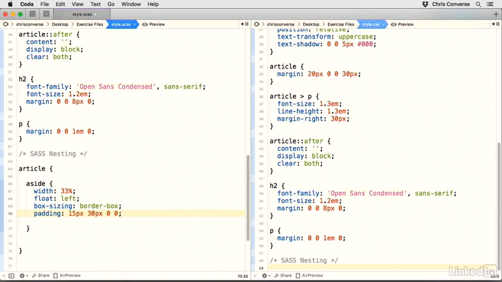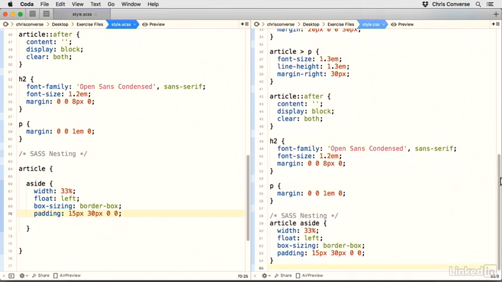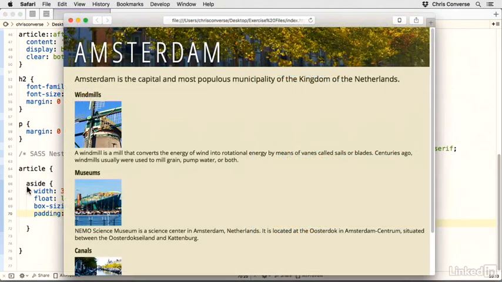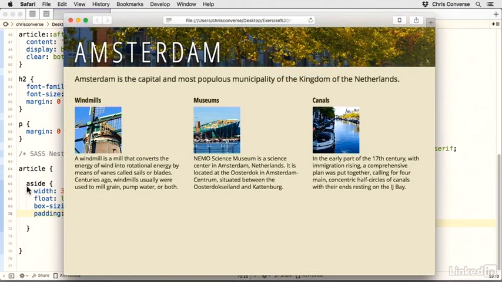Now with these in place, I'm going to hit save. My preprocessor software is going to process the SASS file into a CSS. So now in my text editor, I'm going to scroll down to the bottom of the CSS file and notice that we got a rule here with article space aside. So the browser doesn't actually understand nested rules, but again, the SASS file is being processed into CSS. And now if we go back to the browser, hit reload, we can now see the effect of that CSS